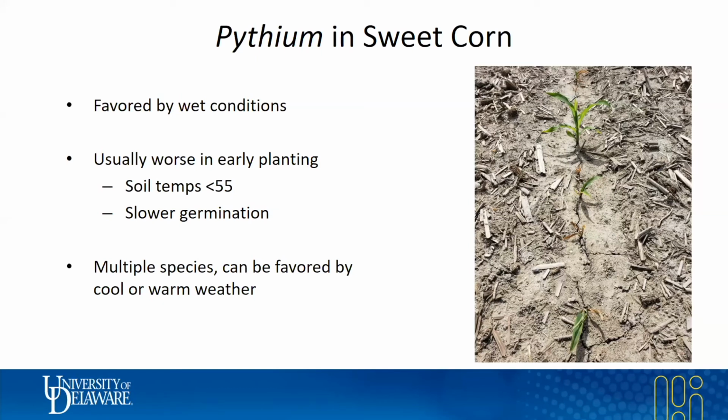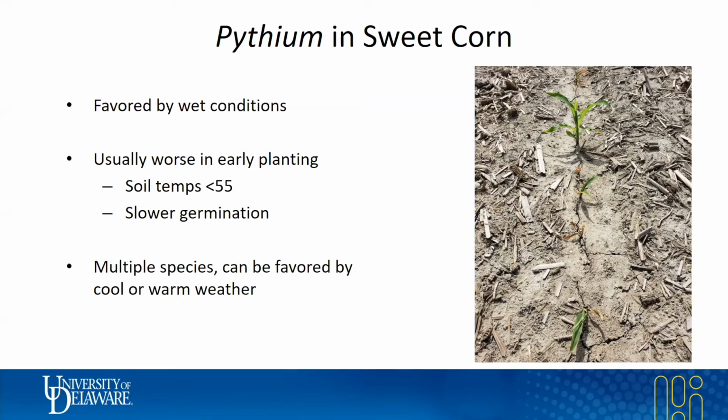When we have these early plantings that have slower germination, the seed is in the ground longer. There's just a higher chance for it to come in contact with the pathogen and then see these symptoms. As the season goes on and germination happens faster, what we're finding is there are multiple species of Pythium out there, and some are favored by cool weather and some by warm. So just because it gets warm doesn't mean you're totally free from worry from Pythium, but it is often favored